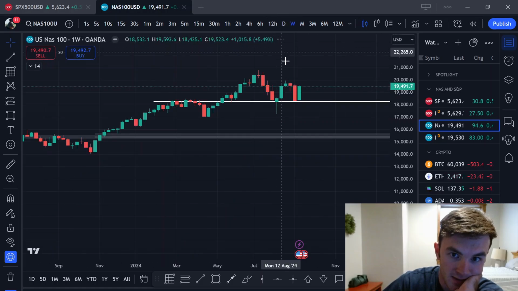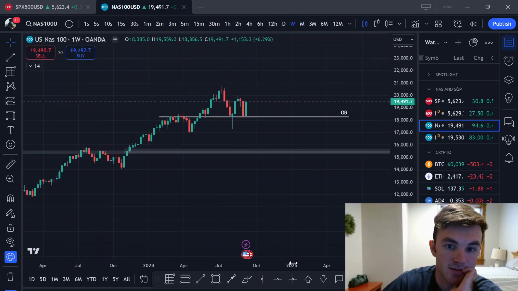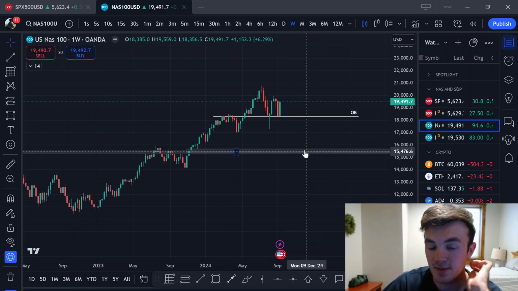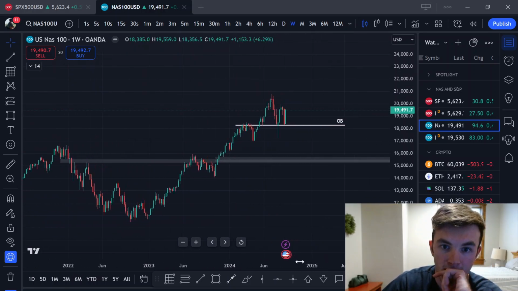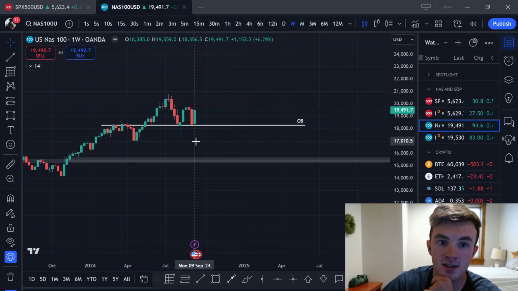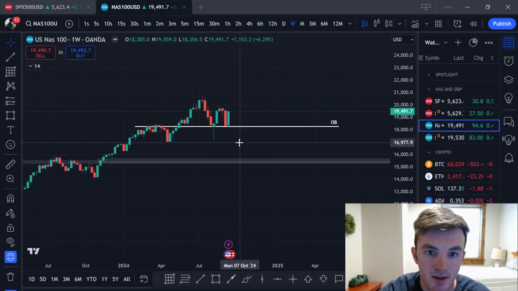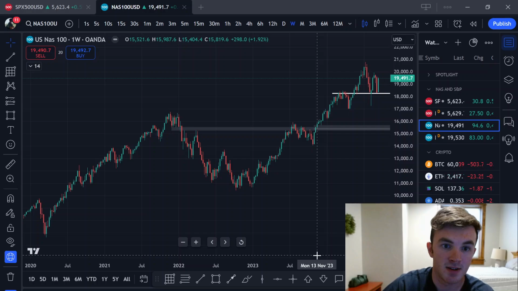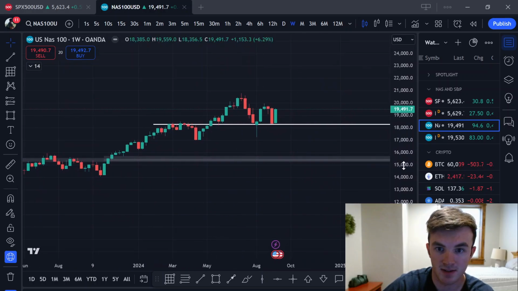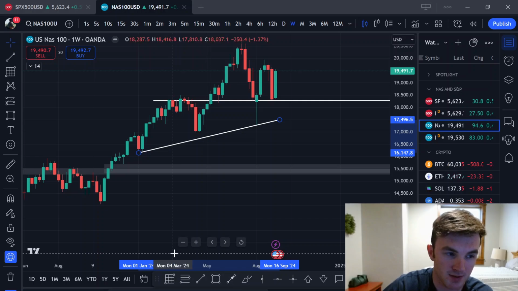So like this would be like if we get some kind of recession scare, or maybe some kind of recession, this would be the idea. But I'm not going to be biased. I don't know what's going to happen. But to me, it seems like the draw on liquidity right now is lower because there's all this low resistance liquidity. So we'll see if I'm wrong. We'll see if I'm right.